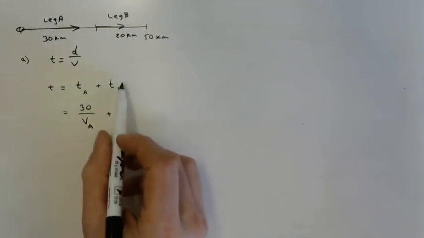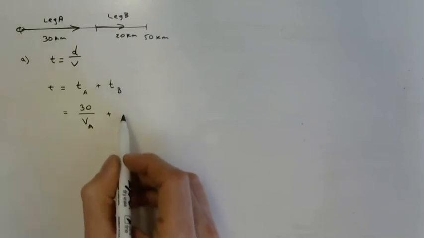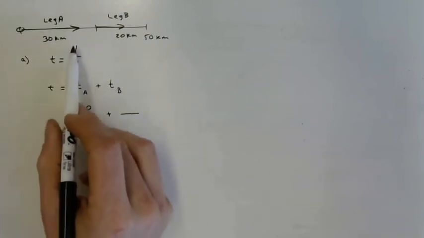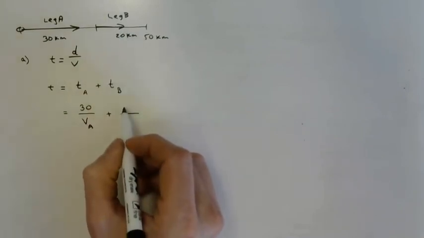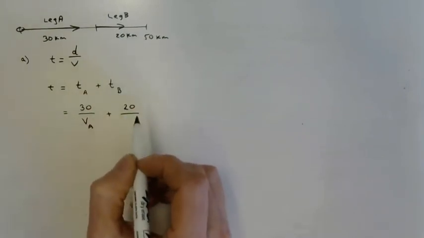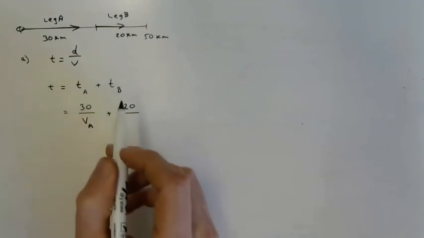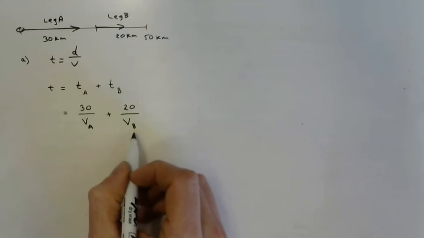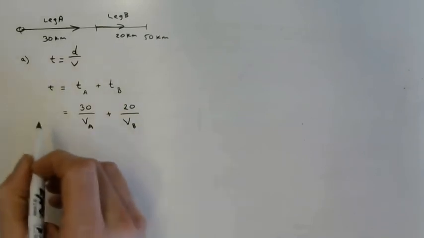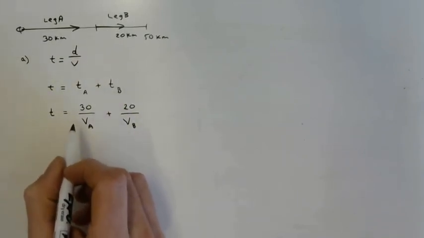The time it takes for leg B to get completed is going to use the same formula, D over V, but specific for leg B. So what is the distance of leg B? 20 kilometers. And the velocity, the speed, we don't know, but it's going to be consistent for leg B. The cyclist who bikes leg B will go their speed. That's basically all this is saying, nothing new. So now we have the time it takes for the total